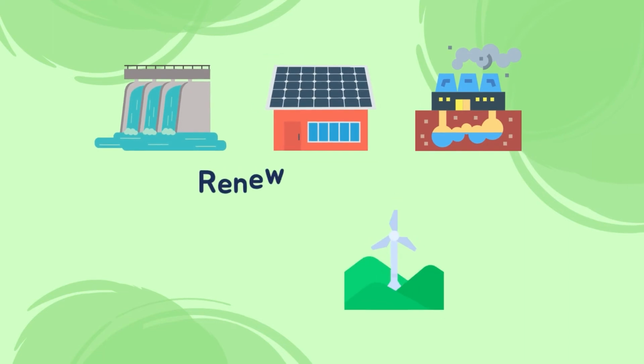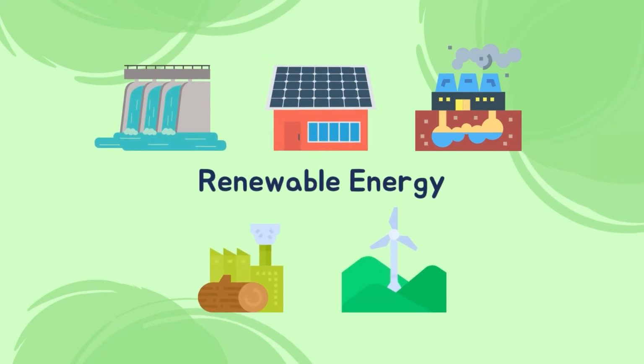Now that we are familiar with the different forms of energy, we can go into more detail about the different types of energy in relation to generating electricity. There are two sources of energy, renewable and non-renewable. Let us start with renewable energies. These type of energy can be replenished or replaced as they are getting used.